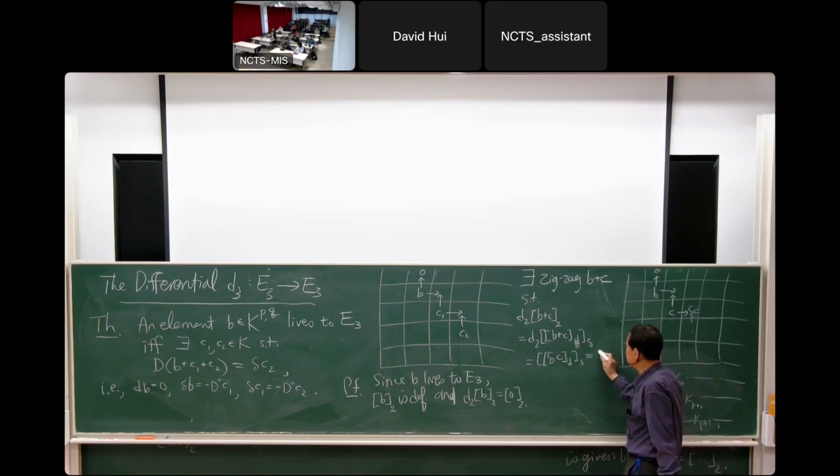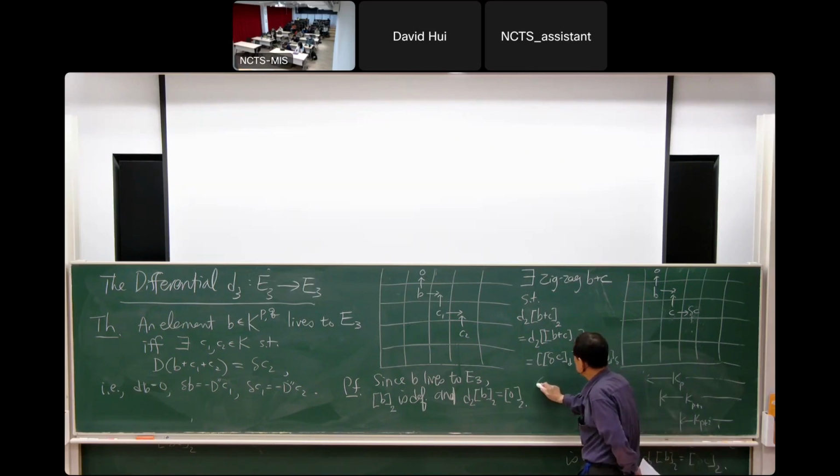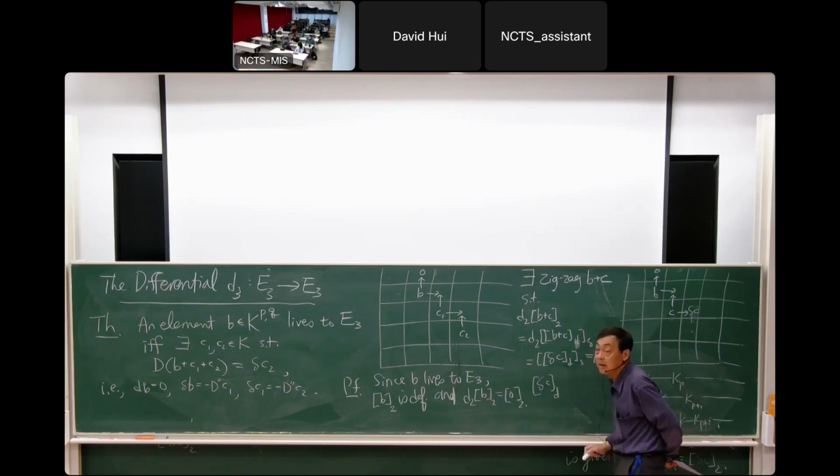And this 0 is 0 D delta, okay? So delta D C D, this class,